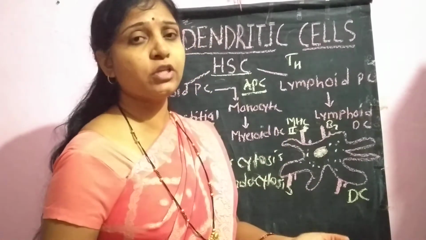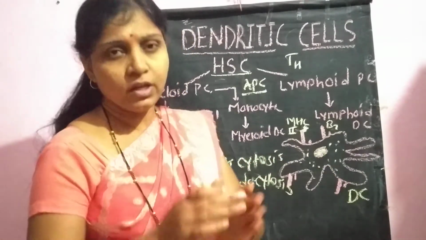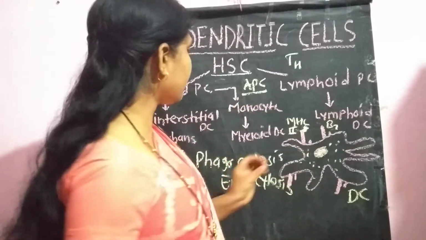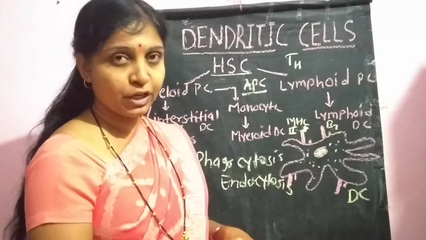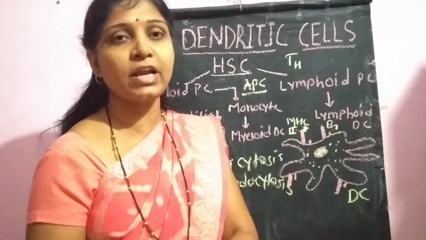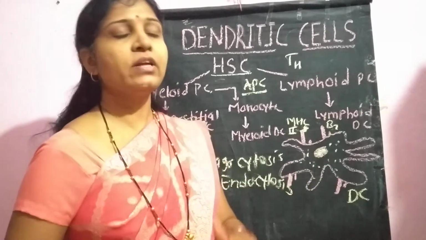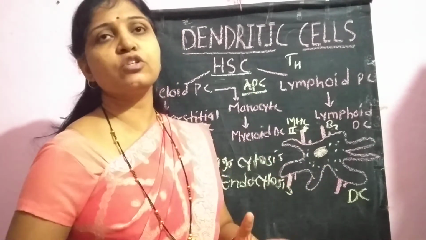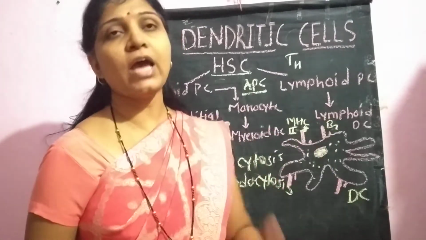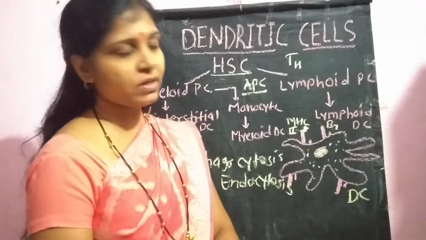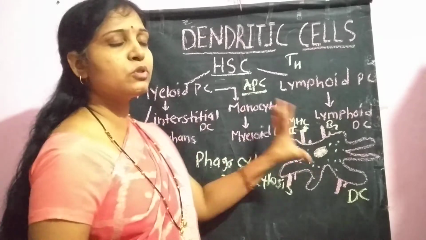Majorly during inflammation, whenever the dendritic cells reach the inflammation site and get the antigen, and there is processing of the antigen inside the dendritic cells, they are transferred to the lymph nodes, and within the lymph node we know there are T helper cells. At that site they present such antigens to the T helper cells. So that is the whole information about these 4 types of dendritic cells.